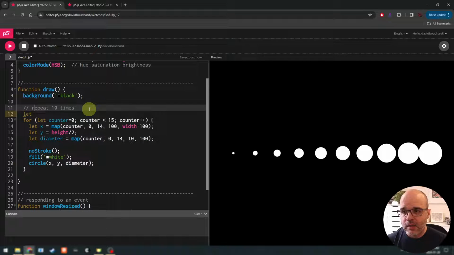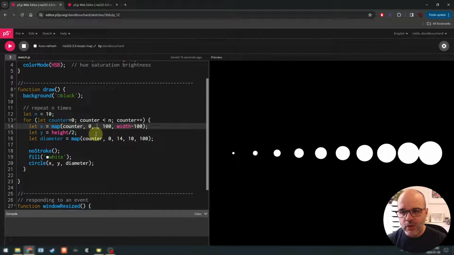We're going to say, let's set the number of repetitions. We're going to call it n. We're going to use a variable to set the number of repetitions. Now we have a variable name that's going to help us simplify our code a little bit. So the condition of our loop is going to become counter less than n. Instead of putting in the number 10, we're putting it inside this variable, which means for our maps inside the loop, every time we want to map the counter to something, instead of having to think, how many times am I repeating? We want to do one less than that. We're just going to say n